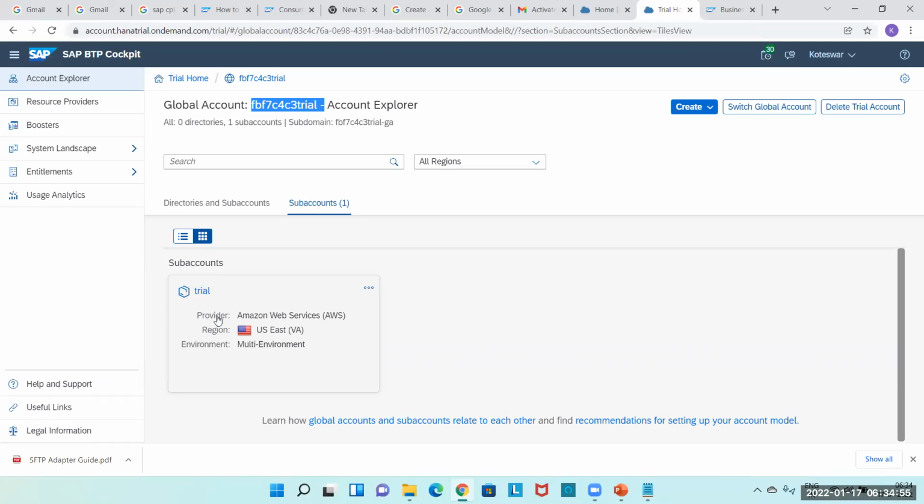So who is providing this account? Amazon Web Services, because all these free applications are deployed on the AWS cloud. This is the region here. The environment is multi-environment, as we can see here. Now if you click on this subaccount,